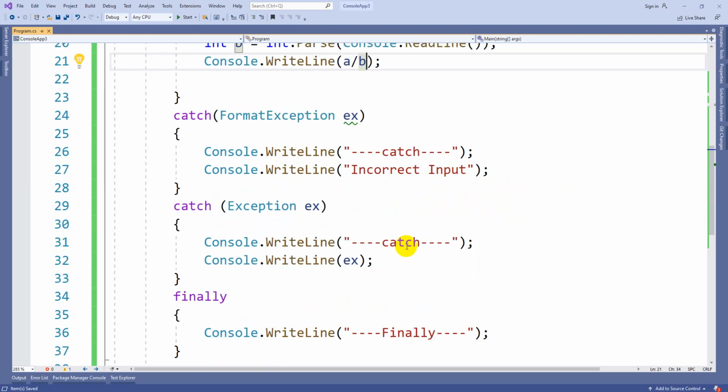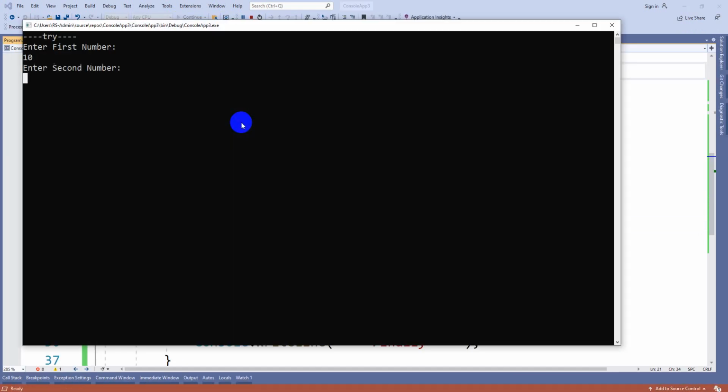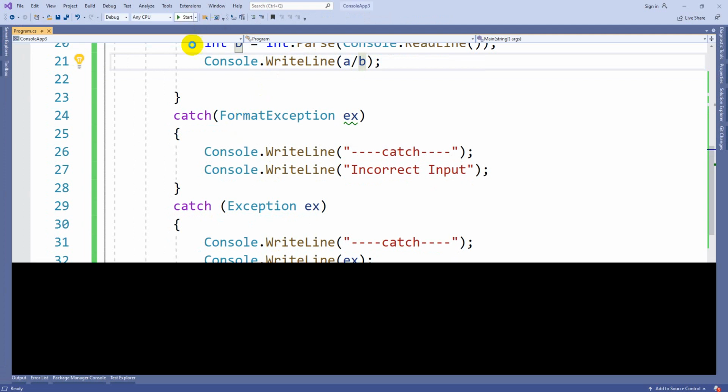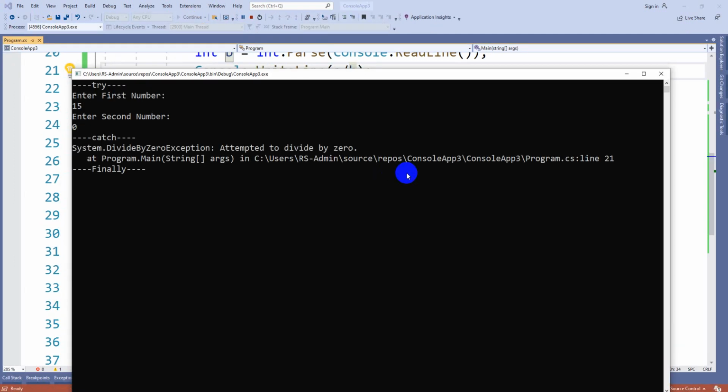Now execute the code. 10 and 5, output is 2, no error. Sometimes there is a chance of 15 by 0. Whenever you divide any value by 0, there is a chance to get an exception that can be handled by the class called DivideByZeroException.